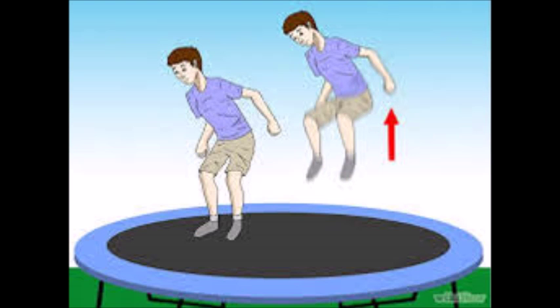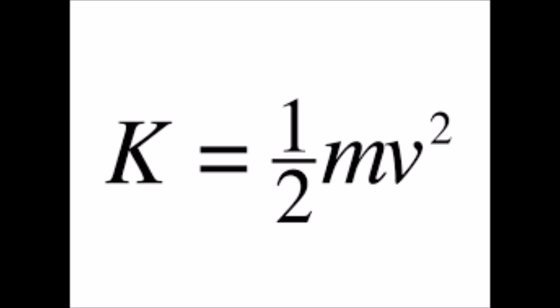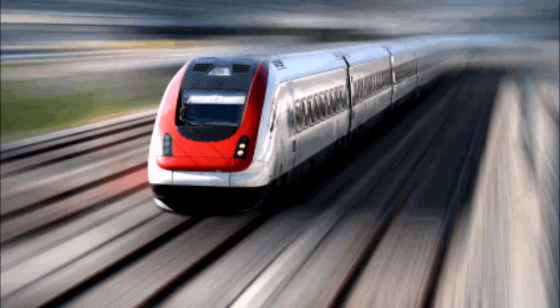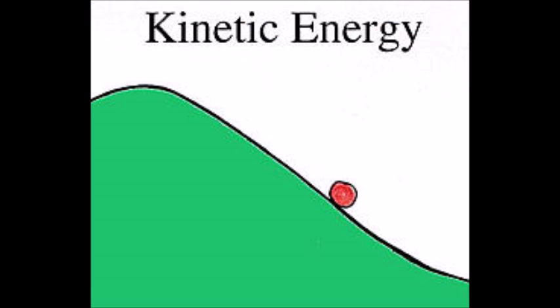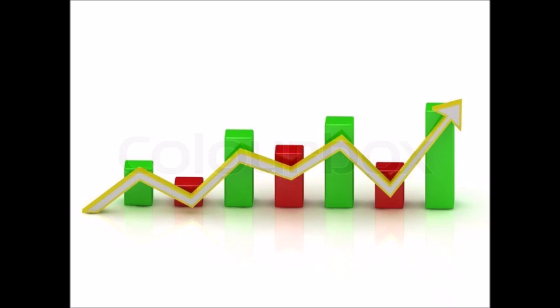Let's start off explaining the kinetic energy behind trampolines. The formula for kinetic energy is KE equals a half mv squared, where m is mass and v is velocity. When you constantly jump on a trampoline, your body has a changing amount of kinetic energy over time. Your velocity doesn't remain constant during your entire duration of jumping, so your kinetic energy increases and decreases in increments